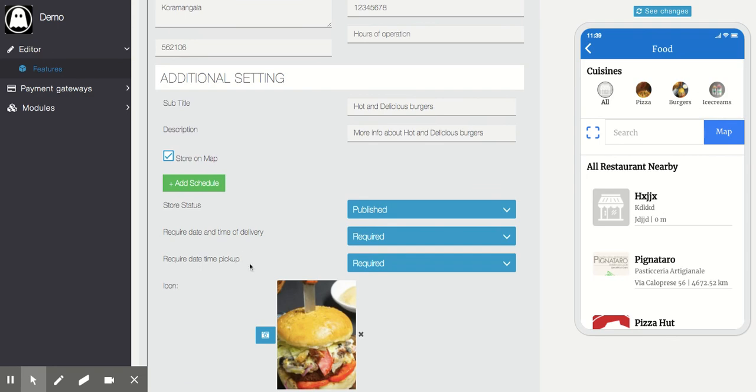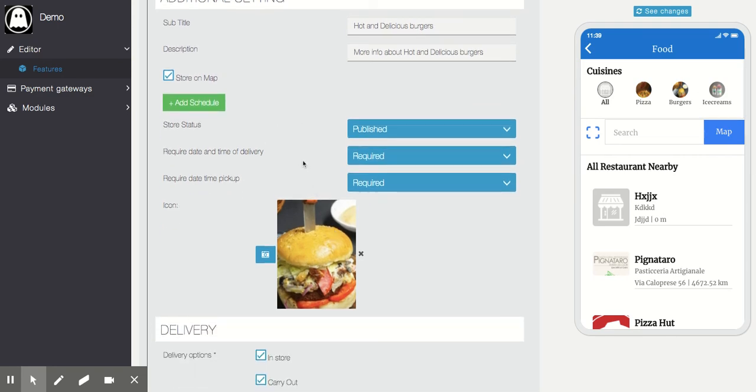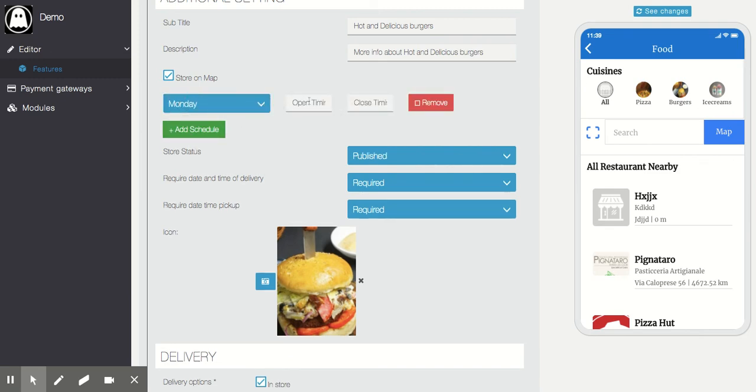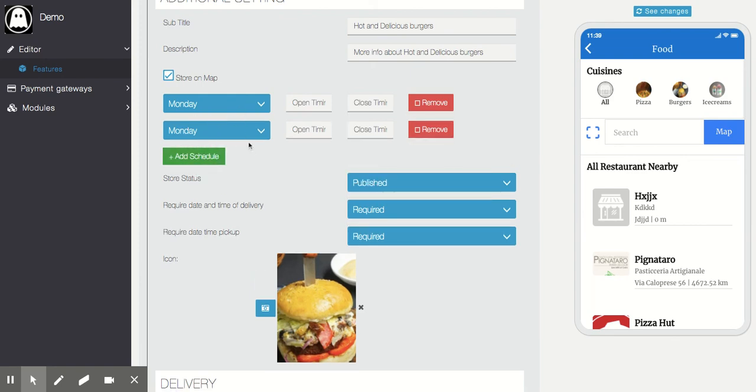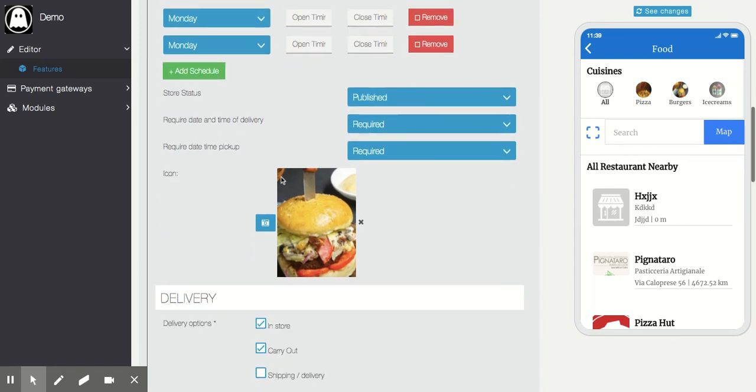Okay, I wanted to show some more settings. In mobile, the same settings are available in the marketplace module also. Here you can add a schedule. If you have enabled delivery options and want to allow selecting specific time slots, you can add schedules here. Monday, what is the time? Start time, close time, and the same for each day. You can just do it.